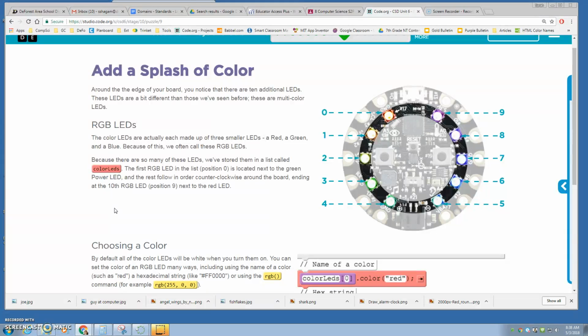We're going to work more with the LEDs for the rest of the time today, and with these we're going to learn how to, they're stored as an array, so we can access each of the LEDs by their index value. So each LED is actually made up of 3 smaller LEDs inside of it, a green, a red, and a blue. That's why they're called RGB LEDs, because they're made up of those 3 colors, and varying amounts of each of those colors in varying intensities is what gives you the different colors that you can show in the lights. There are so many of them, so they're stored into a color LEDs array